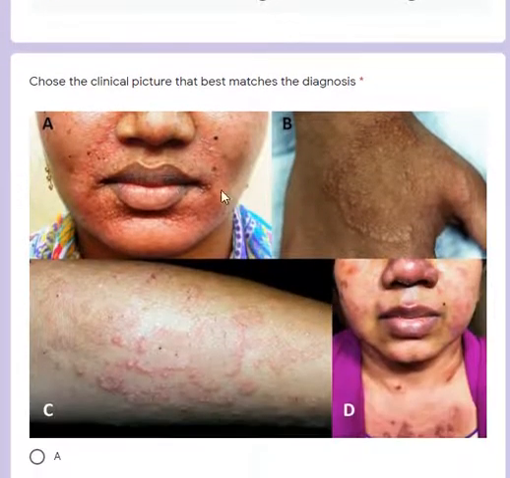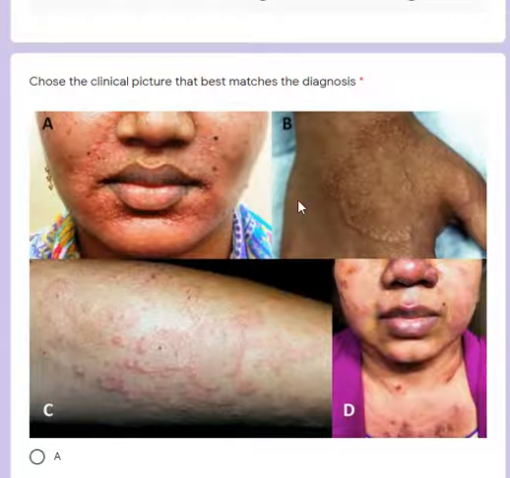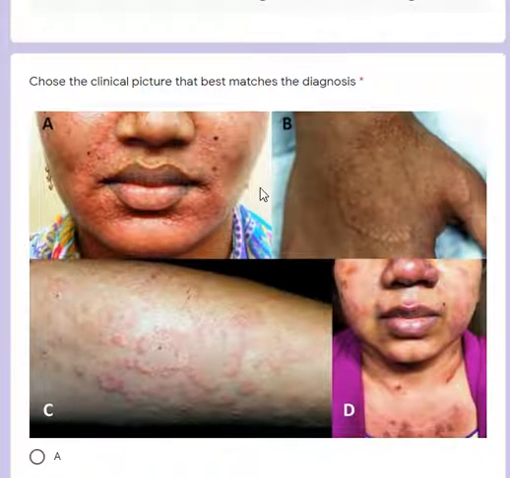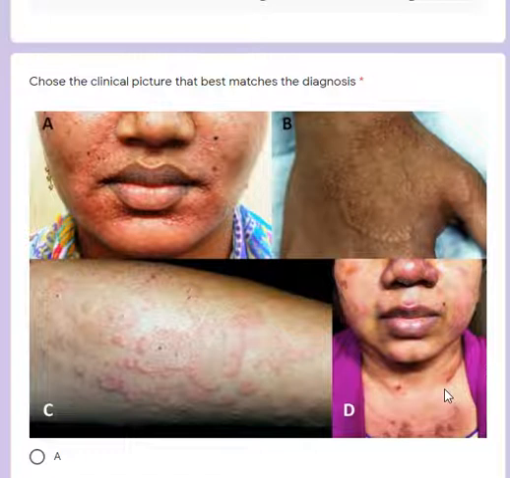So of these clinical pictures, this is perioral dermatitis. This is a case of GA, granuloma annulare. This is a case of polymorphic light eruption on the forearms, and this is a case of acute lupus. Since I told you the biopsy is not from the acral area, it's from the head and neck, these two are left. This is granulomatous. Perioral dermatitis usually is a granulomatous inflammation, and it's not lichenoid. This is a case of acute cutaneous lupus erythematosus.